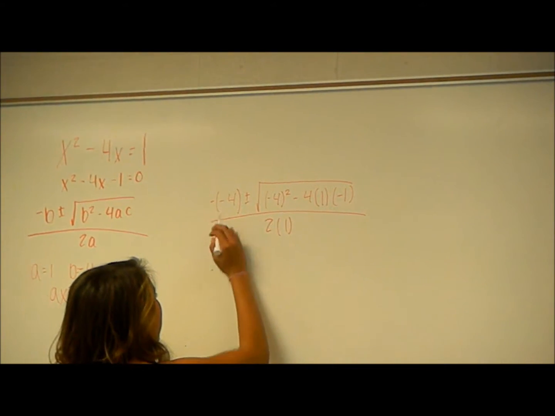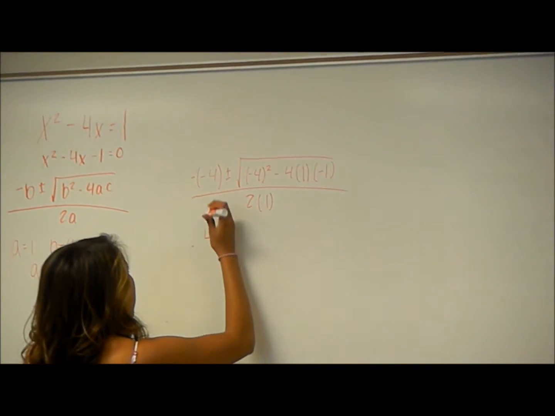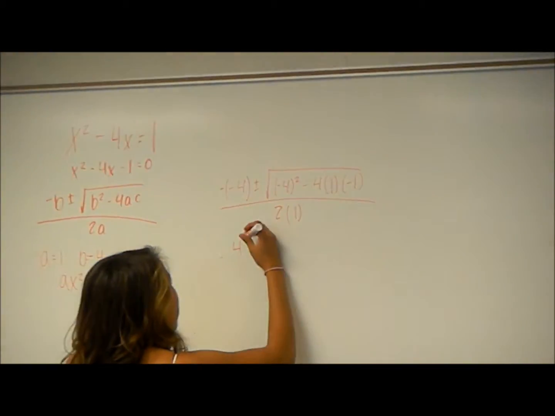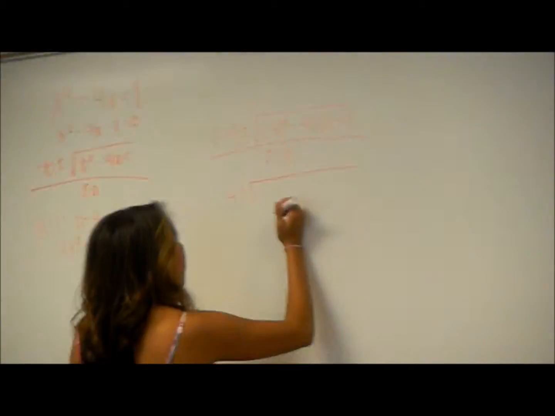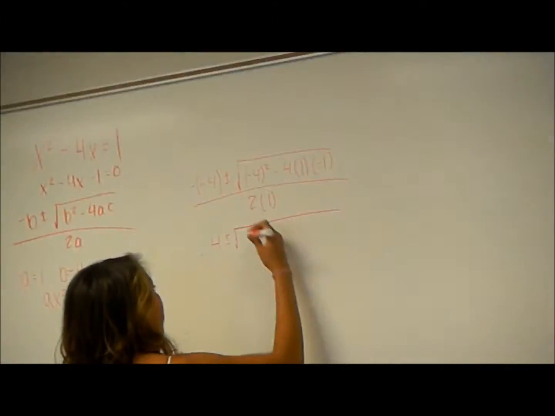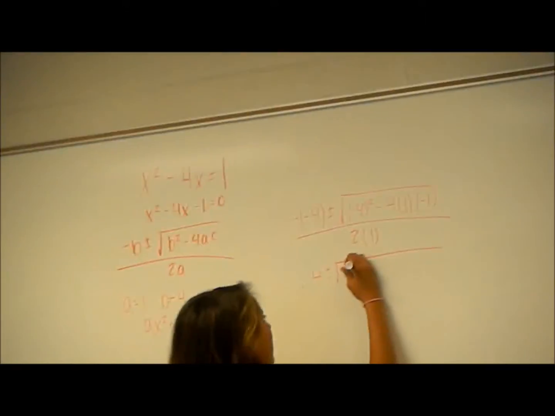The opposite of negative 4 will be a positive 4 because a negative times a negative will give us a positive. Plus or minus the square root of negative 4 squared is going to give us a positive 16